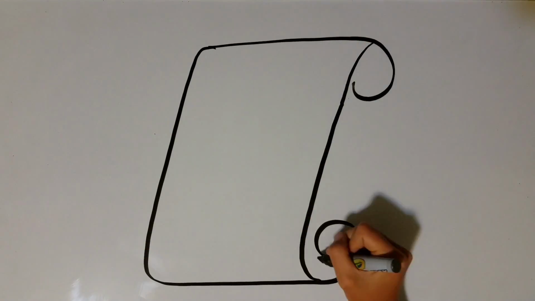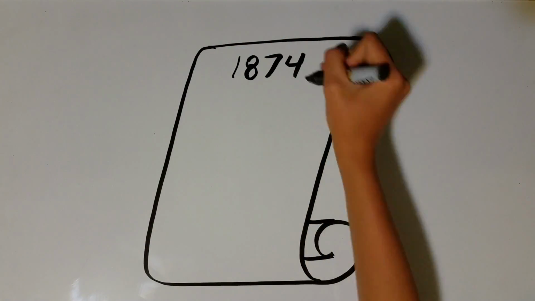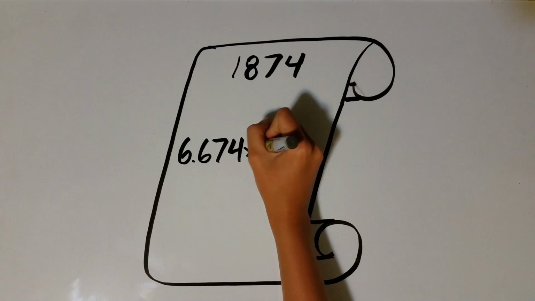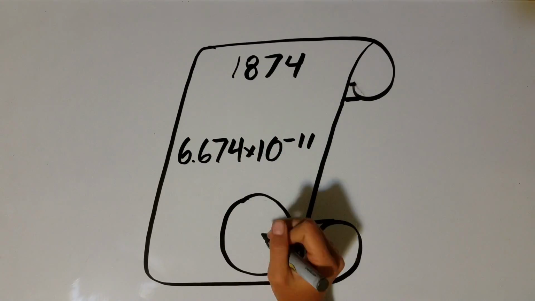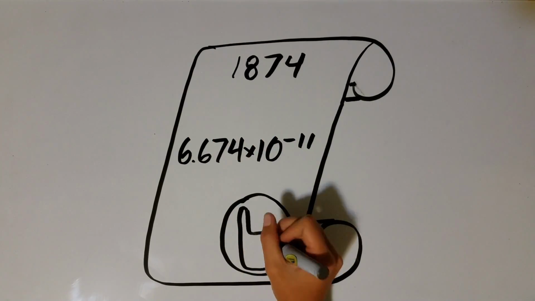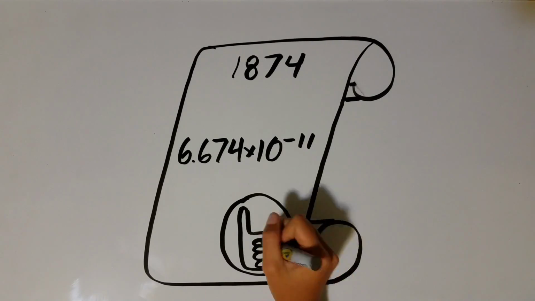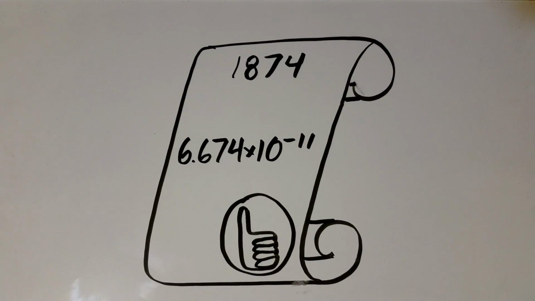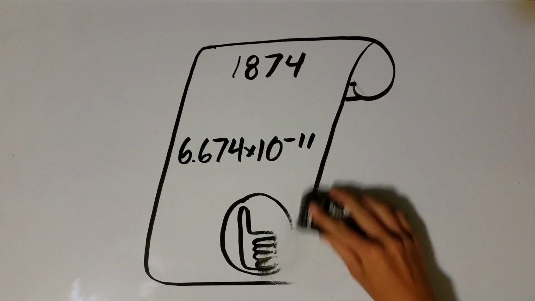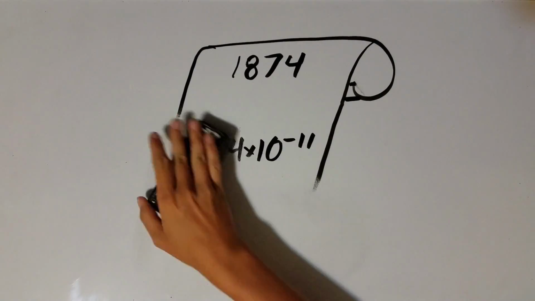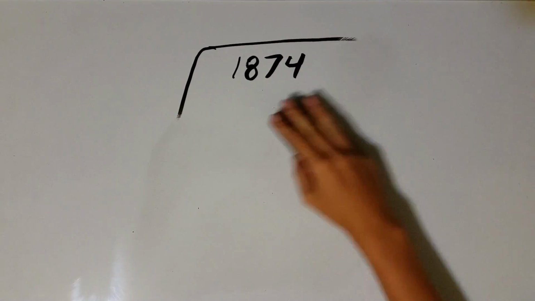The value was not actually documented until 1874, when Cavendish's experiment was replicated and G was found to be within 1% of the modern-day value. So though the measurement came from Cavendish's experiment, he did not discover it. Sorry, Henry. To show that both Newton's original concept and Cavendish's experiment work, I replicated it to the best